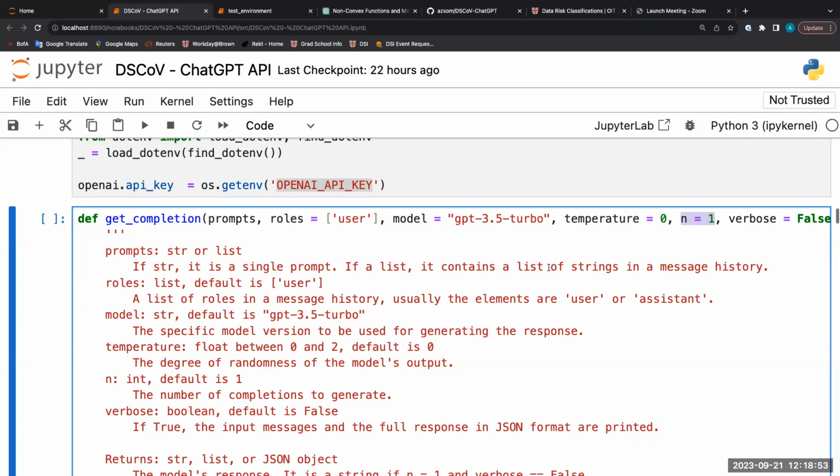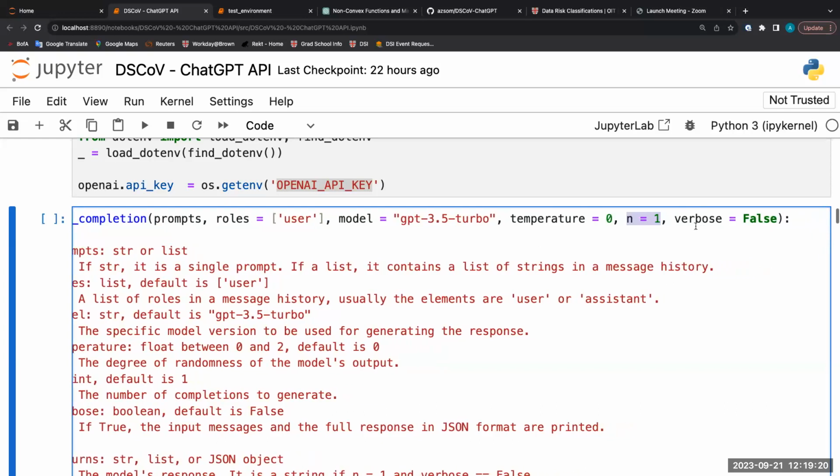You can change the number to what you want. So you could tell ChatGPT, write me a poem. You set N to 10, and you will get back 10 poems. If temperature is set to 0, you will get back the same poem 10 times. That doesn't really make sense. Then you want to change temperature to a somewhat larger number, and then you will get back 10 different poems. And usually that's what you want.